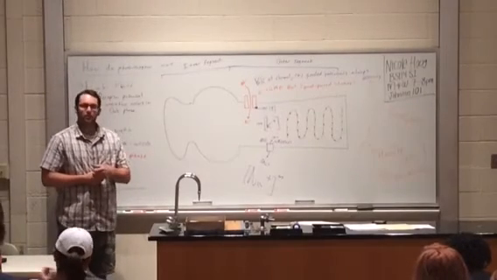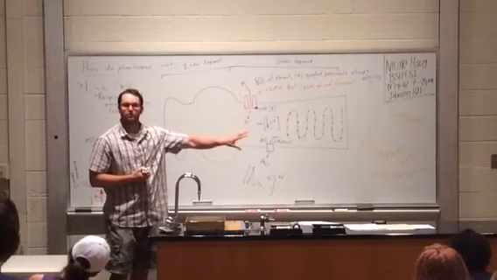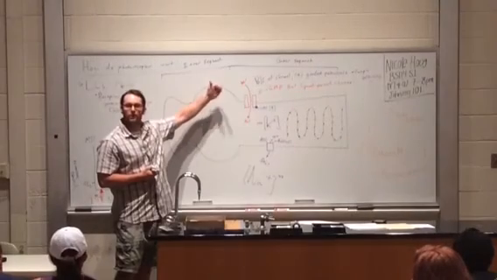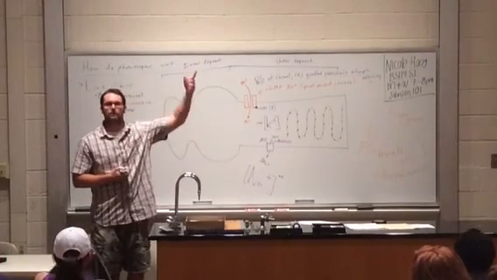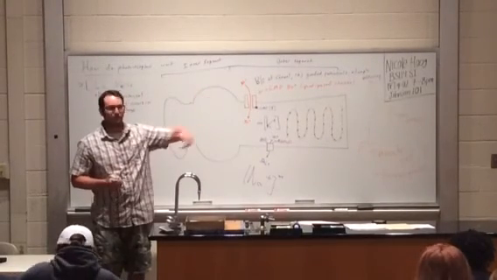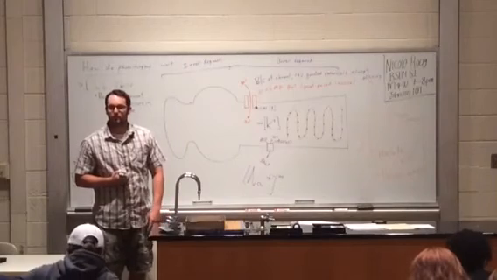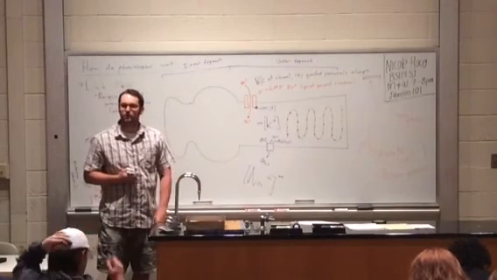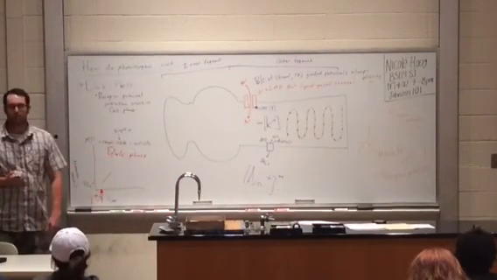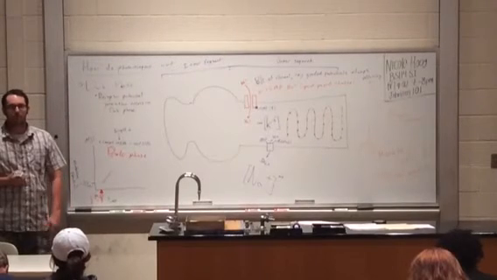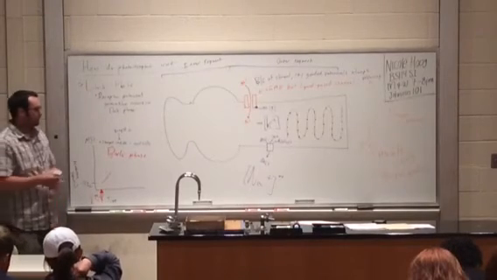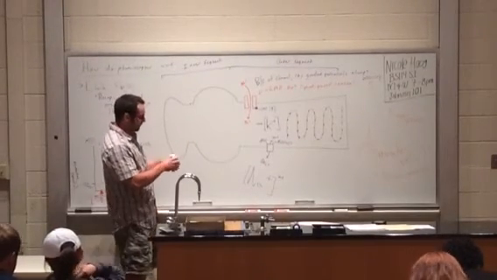Now, when we talked about neurons, the reason we could produce an action potential is because we had sodium voltage-gated channels. And those sodium voltage-gated channels allowed so much sodium to come in that they completely flipped the membrane potential from negative to positive. This is what an action potential is, completely flipping the charge of your membrane potential. These don't have sodium voltage-gated channels. That's why they can't produce an action potential. So they can only produce these graded potentials. But graded potentials are still important because graded potentials are often involved with secretions. Okay? So basically, when you get over to the inner segment